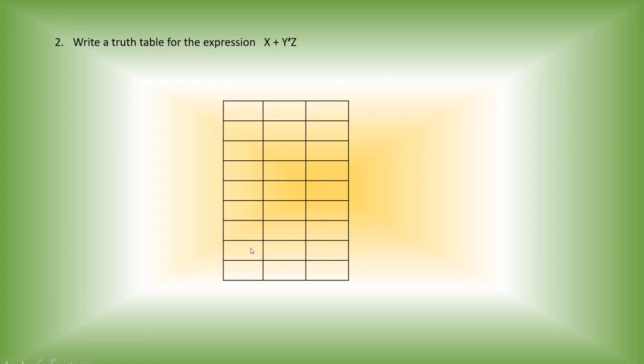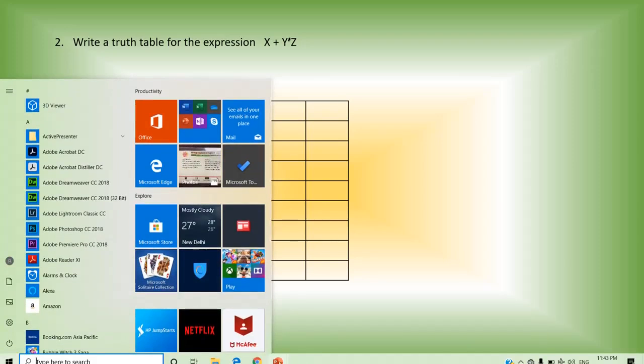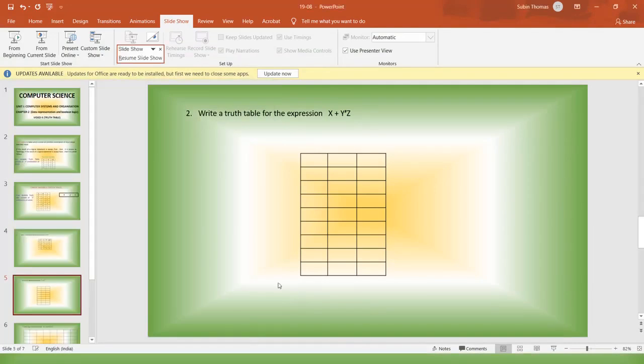And we can try out this one. I'll change the screen. See here, this is x plus y complement. So here 3 variables are there. I am going to write x here, y here and z here. First you have to fill out the input combination of values. Input values you have to fill out. After that only you go for the calculation part. X, Y, Z. It's a 3 variable combination.